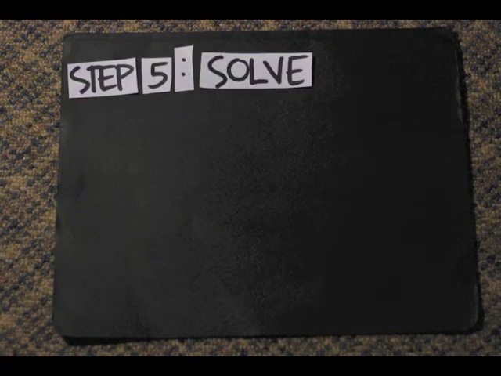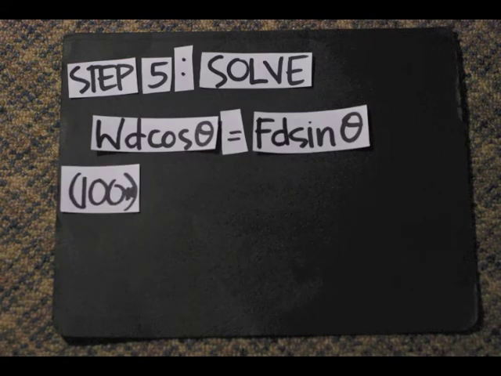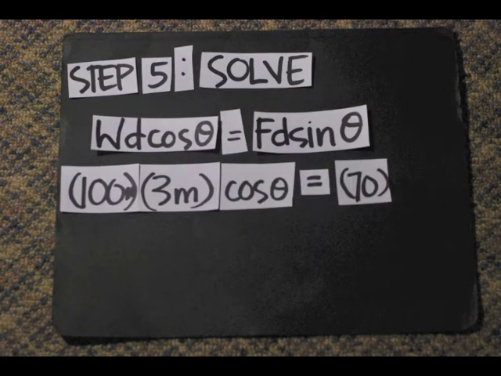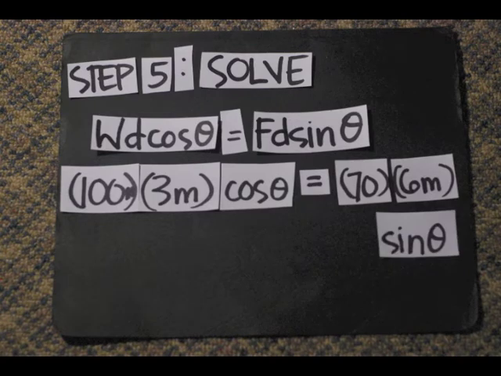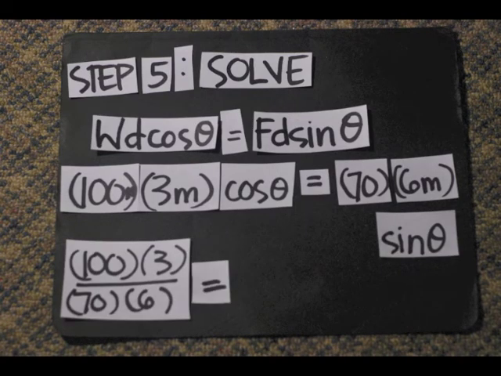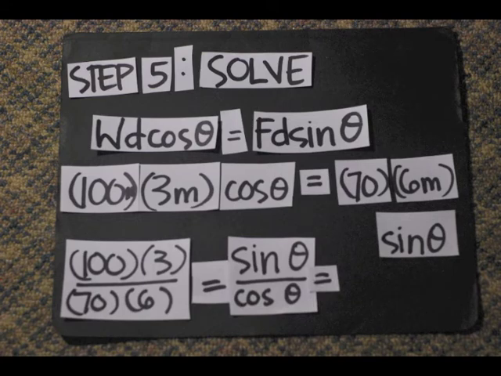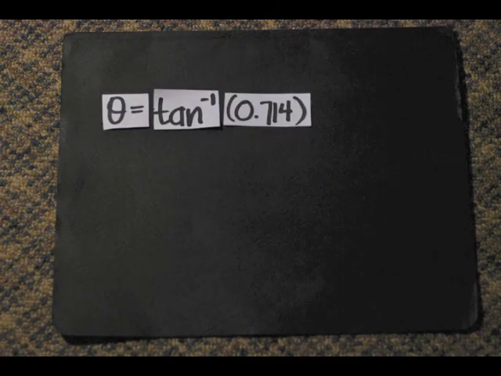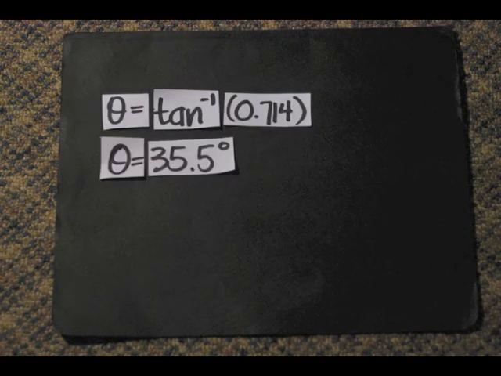Step 5. Solve. From the previous equation that we got, we can just plug in our numbers, giving us sine theta and cosine theta as our unknown variables. We can just isolate these variables, giving us sine theta over cosine theta, also known as tan theta. And by making sure that our calculator is in degrees, we can just use tan inverse to figure out the angle of our torque, which is